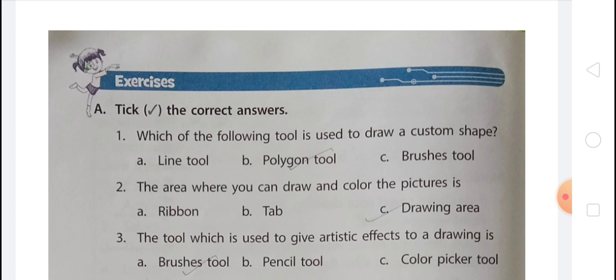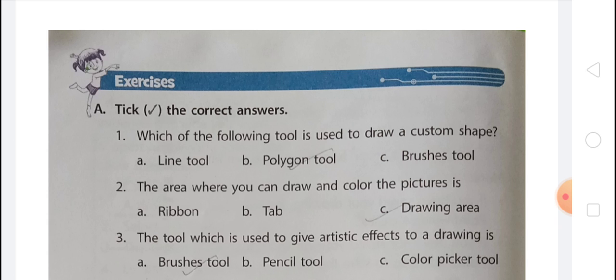Text tool. The text tool is used to enter text in a drawing. To use the text tool, follow these steps. First, select the text tool in the tools group. Second, select any color in the color palette for the text. Make sure that the color 1 button is selected in the colors group. After that, bring the pointer to the drawing area. Now click and drag the pointer on the drawing area where you wish to enter the text.